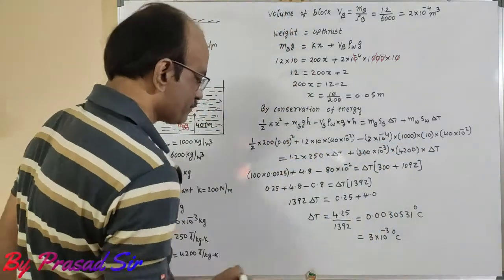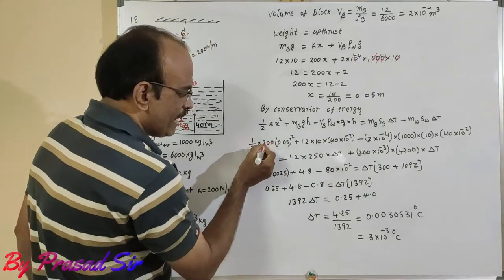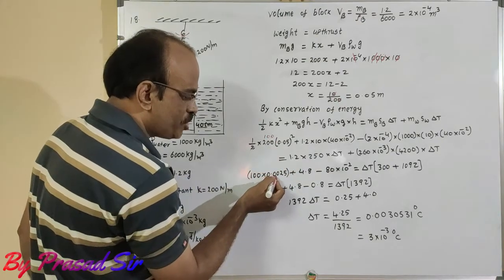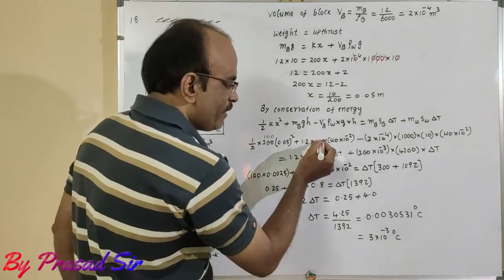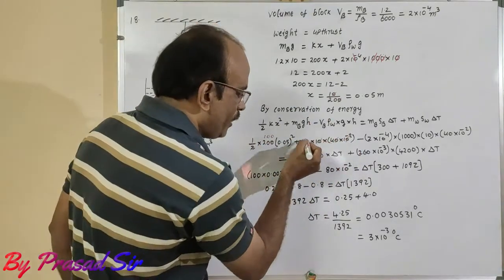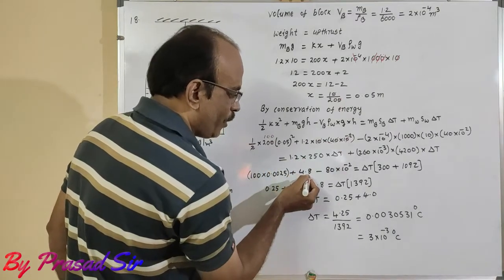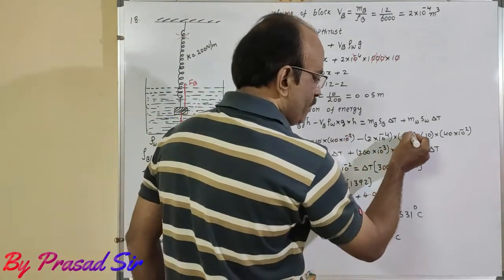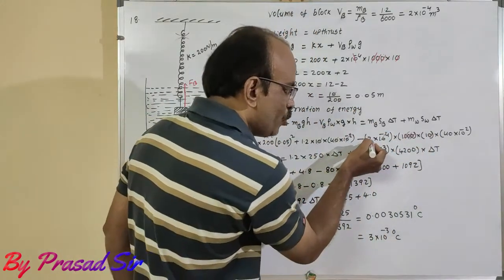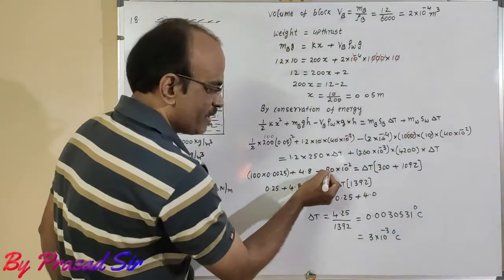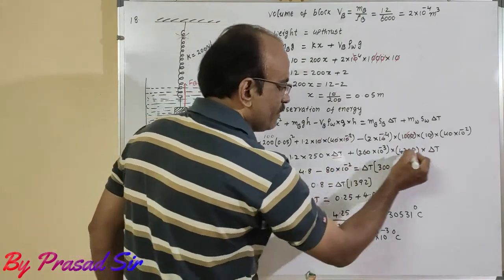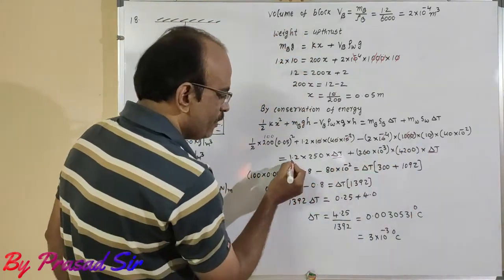Now in this case, see here 2, here 100 times 100 into 0.05 whole square, 0.0025, plus here 1, 2 zeros, here 10 to the power of minus 2 cancel, 1.2 into 4, that we will get as 4.8, minus 1, 2, 3, 4 zeros, here 10 to the power of minus 4 cancel, here 2 is remaining, 2 into 40, how much? 80 into 10 to the power of minus 2 is equal to delta T as common in this case. Then what happens here?